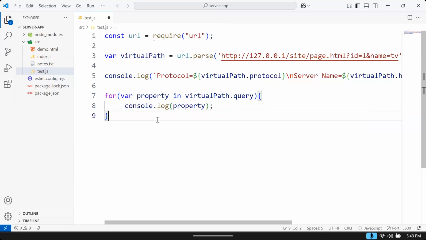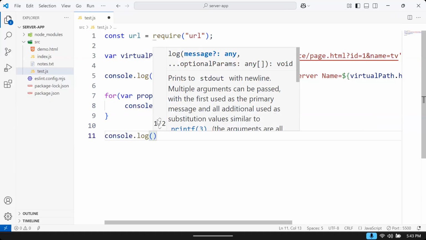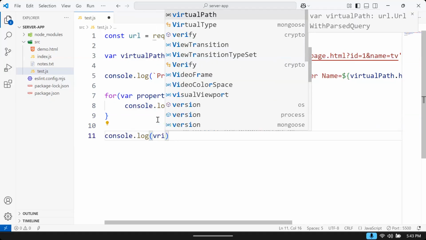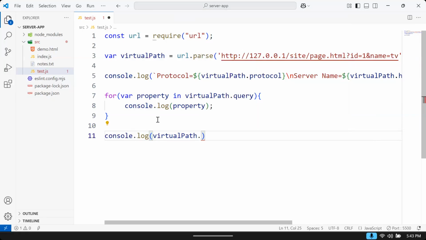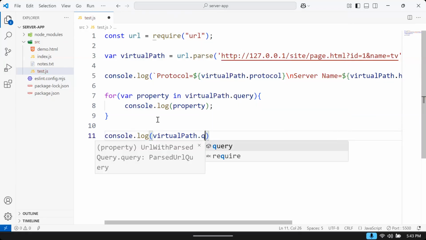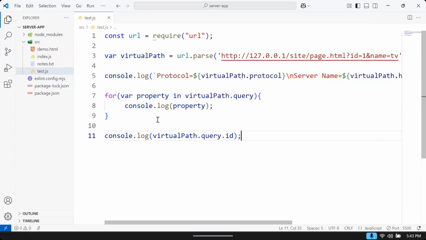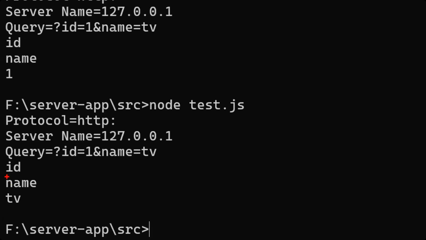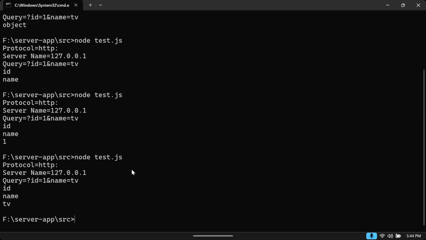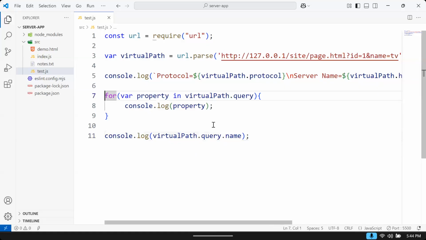That means I'm just looking at whether any changes are there or not in that. That is dot query ID and name. It is going to get the value. Okay, it is coming fine. Two properties it is having. Actually, what it is doing, it is returning this as an object. So what we have to do,